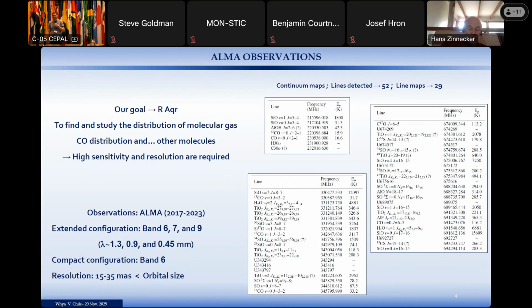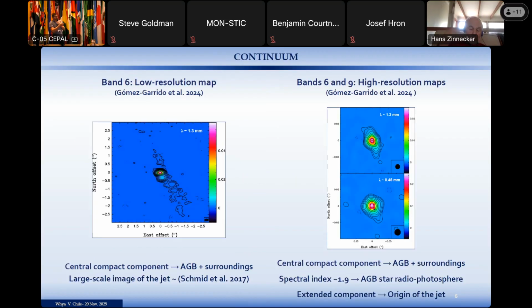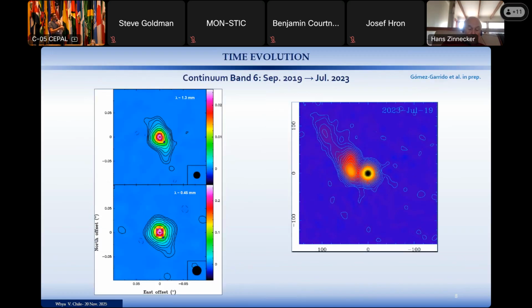Other questions? I have a question, if that's okay. So you showed this material being ejected in the continuum maps. When was that taken relative to the recent periastron passage? Do you know? Yeah, you mean about the continuum? Yes. Yeah, this was during the periastron. Okay. And these other two are a few years later, where the AGB star is more or less located here.